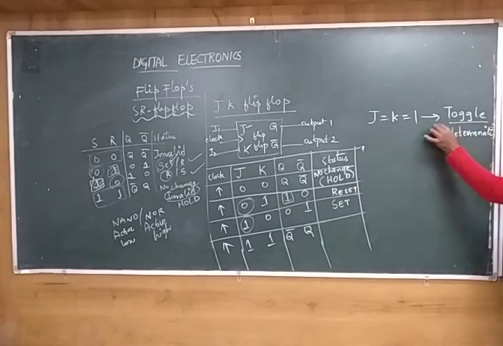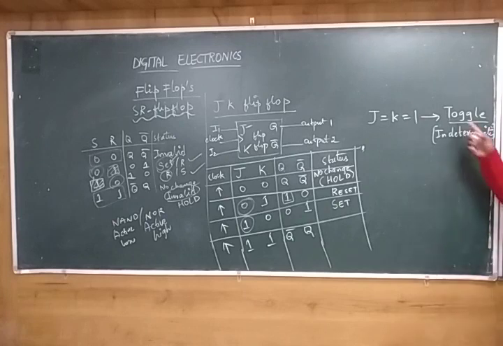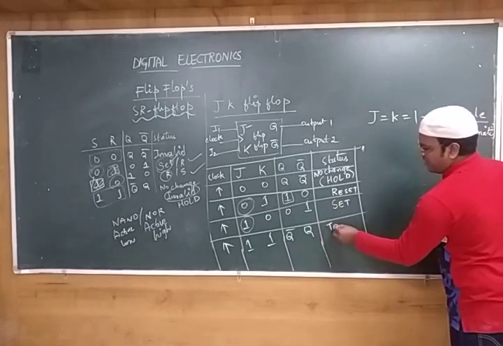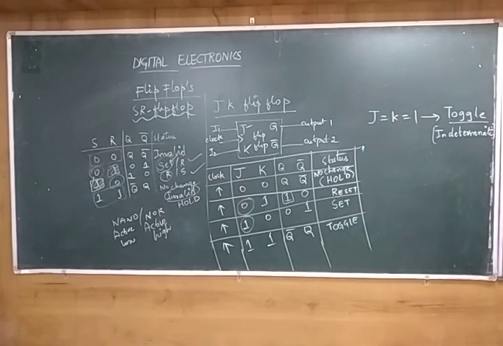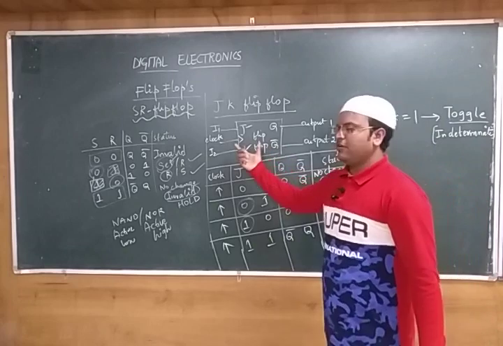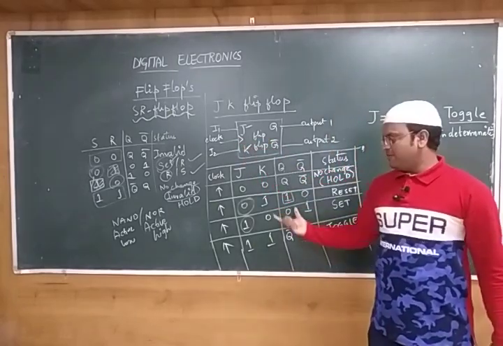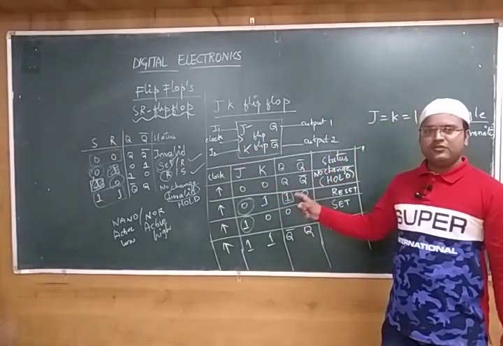For infinite number of times it is becoming the same thing. Then this particular situation is called the toggle state. Okay, so this is the way we have mentioned the states of JK flip-flop. So what is the first thing we wrote? We wrote the block diagram. Next we wrote its truth table. So see, truth table is important.